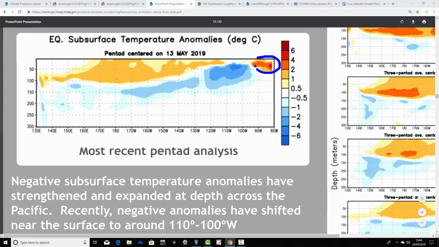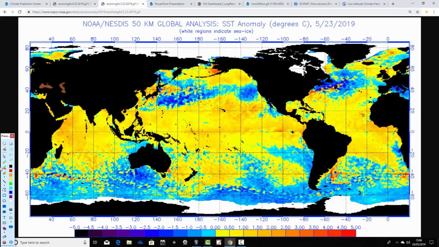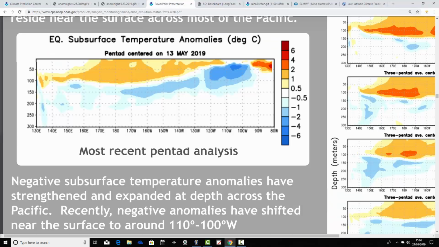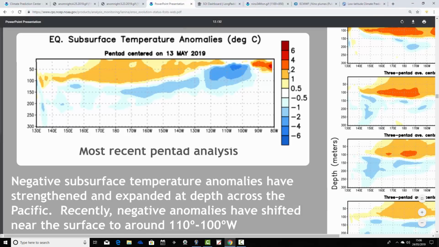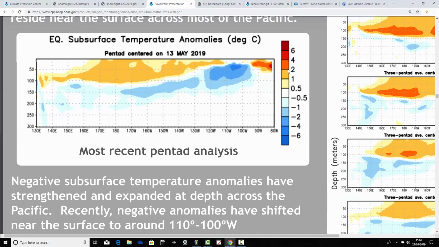So they are almost starting to break to the surface, those colder than average subsurface temperature anomalies. You notice this orange-red area just here. That's where we've got those warmer sea surface temperature anomalies just there. As I say, relatively shallower waters there, and tending to be more impacted by local weather conditions.